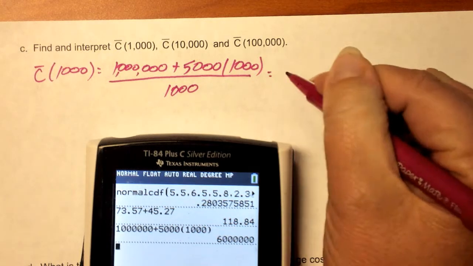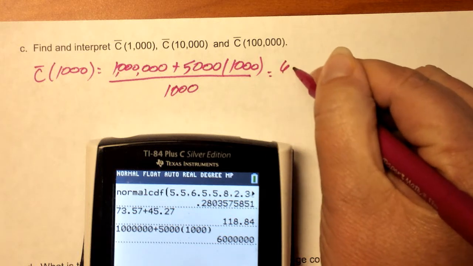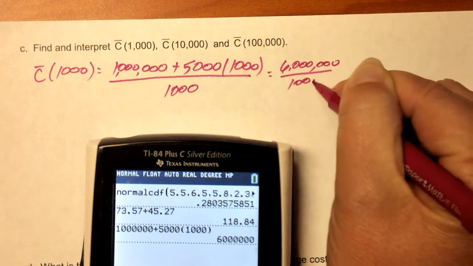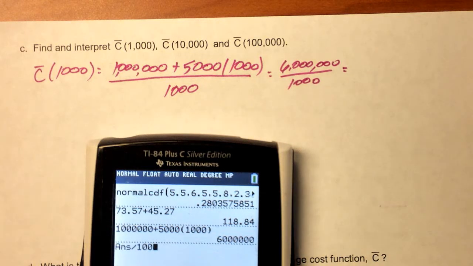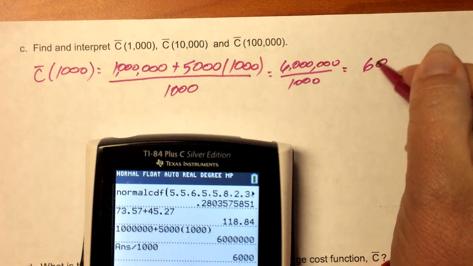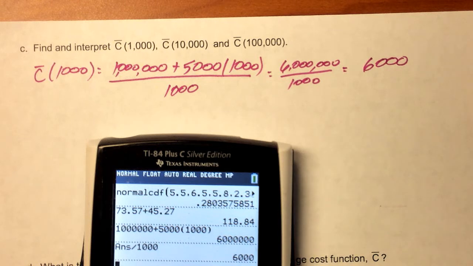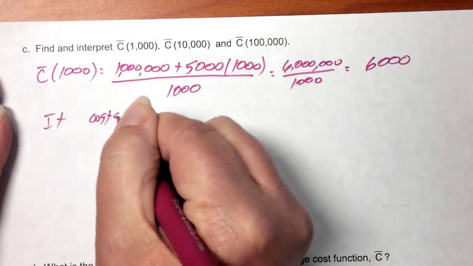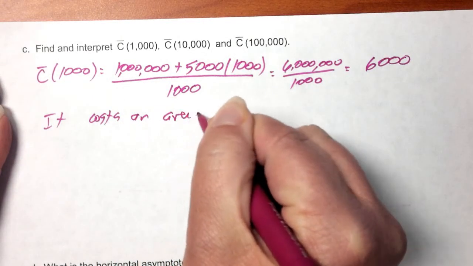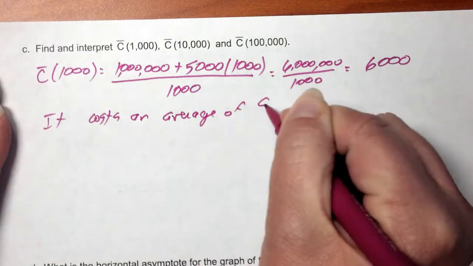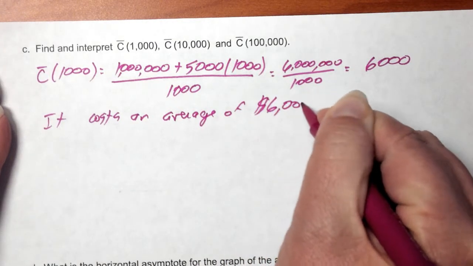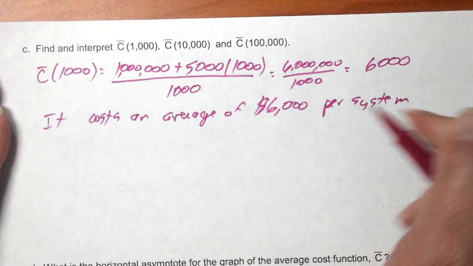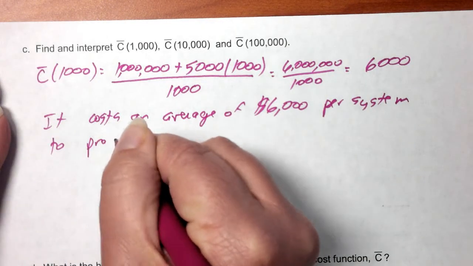So I'm going to have spent, what is it, $6 million divided by the 1,000 units I made. And I get 6,000. Okay, so what that means is it cost an average of $6,000 per system to produce